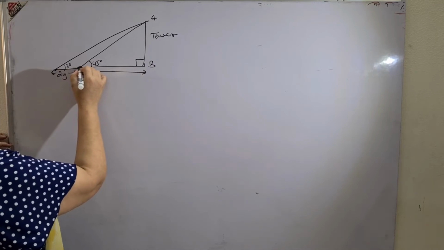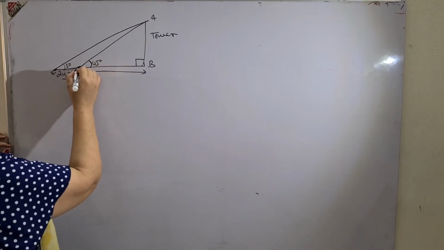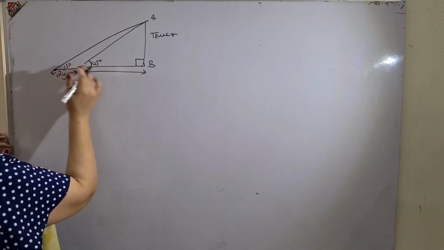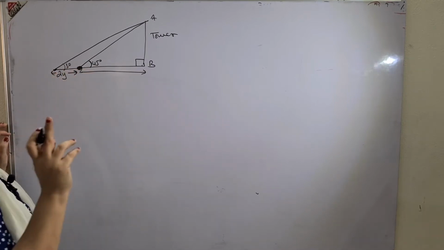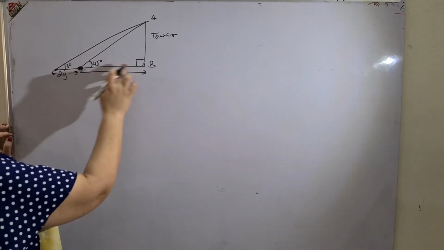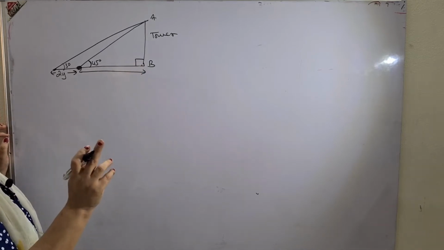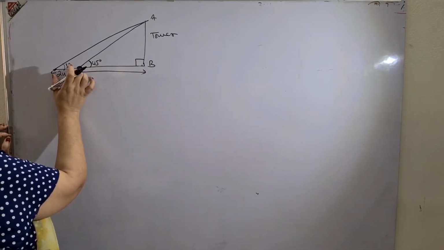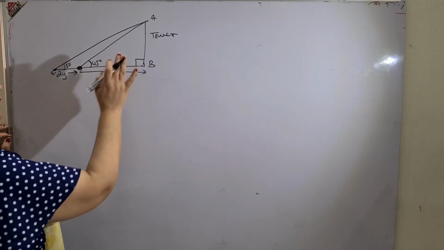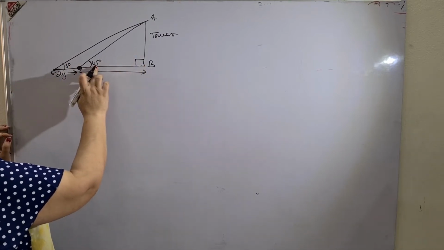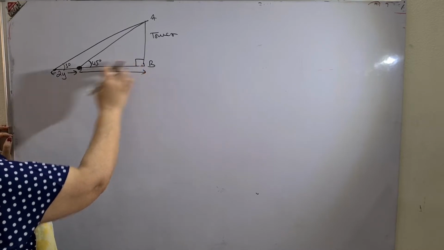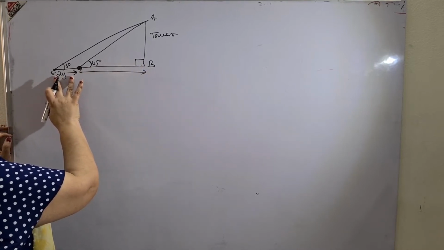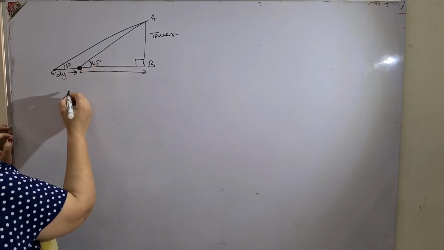The sun's altitude was 45 degree. When it moved 2y meter further, the angle changed to 30 degree. And also, as I have told you, the bigger angle is nearer to 90 if you get confused. And secondly, children, this side will never be given. Always the second length will be given to you. If the diagram is like this, just remember the bigger angle is nearer to 90 and the second part of the length will be given. This is not given. So you know what to do now.